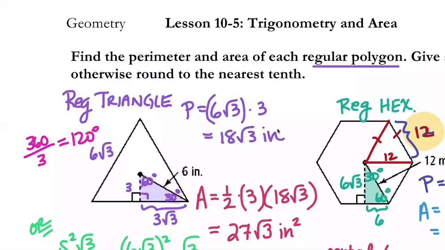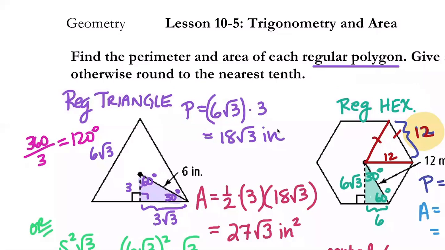Okay, this is lesson 10.5 on trigonometry and area. So first of all, the first part of this lesson is going to be addressing regular polygons. Remember that means equiangular and equilateral. And we're going to start with talking about regular triangles and regular hexagons because those two, along with squares, give